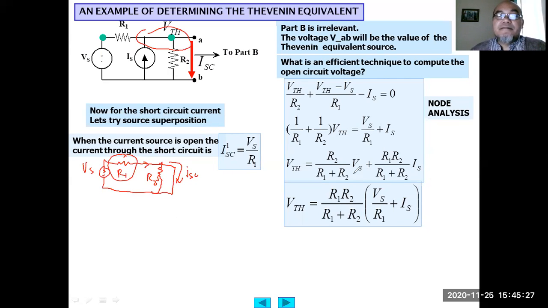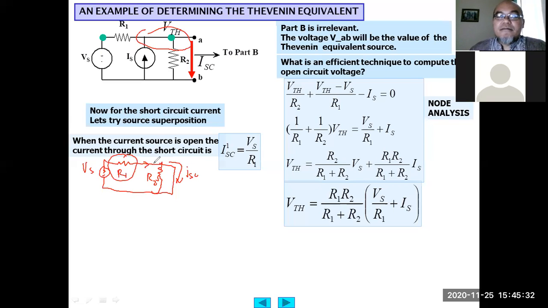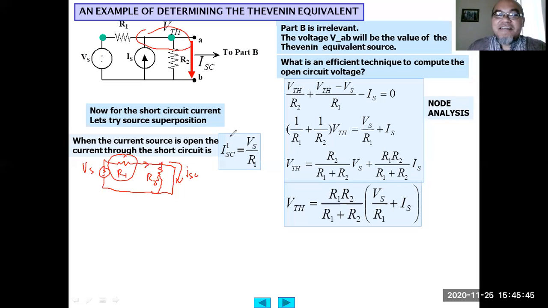Sir, the current source is also missing. We also erase the current source? Yes, because now we are using superposition. This is not finished yet. This is ISC 1, right? This is ISC 1. It means this is the short circuit current due to the contribution of the voltage source. Not finished yet, patience. Now we calculate the short circuit current as the contribution of the